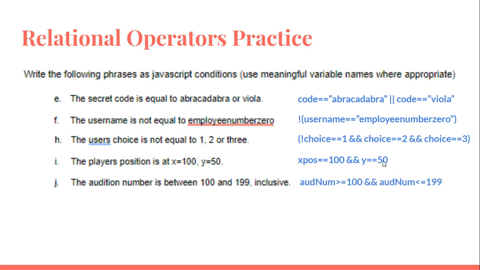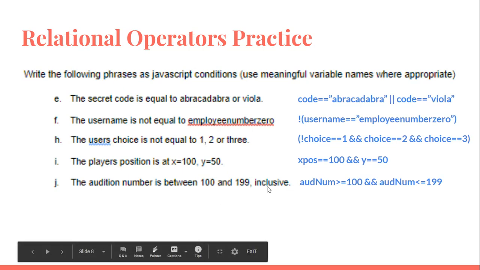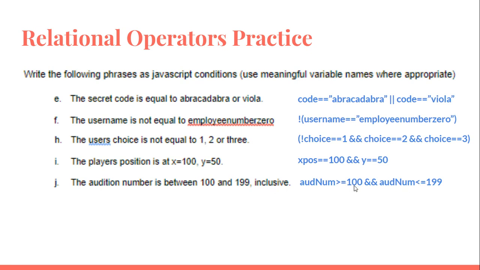The audition number is between 100 and 199 inclusive. That means that it can be these numbers. Exclusive would mean that it can't be these numbers. So inclusive means greater than or equal to, less than or equal. So audition num greater than or equal to 100 and audition num less than or equal to 199. Okay,